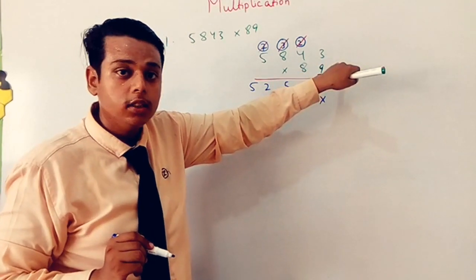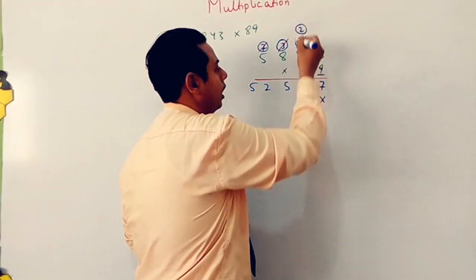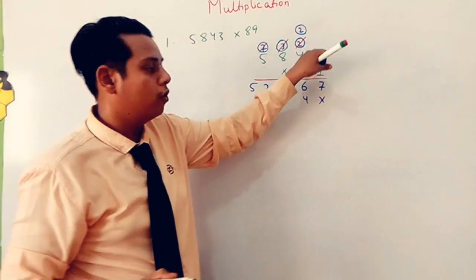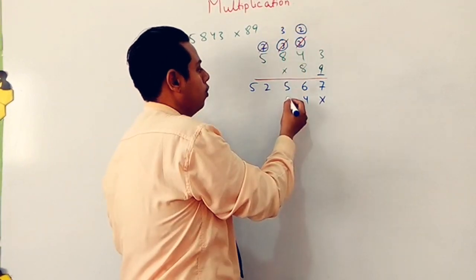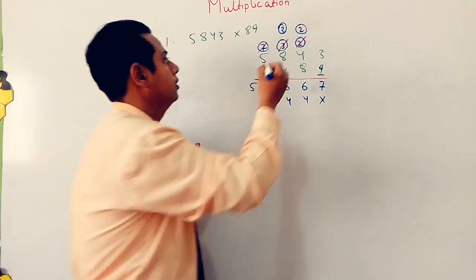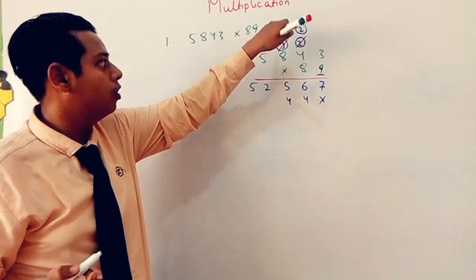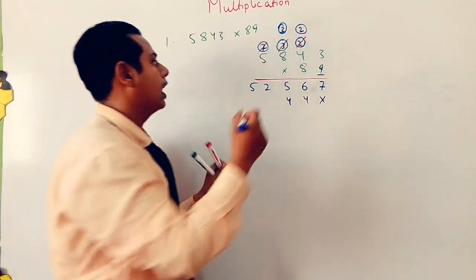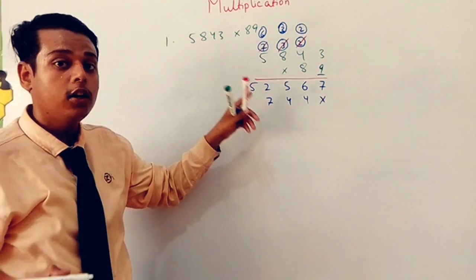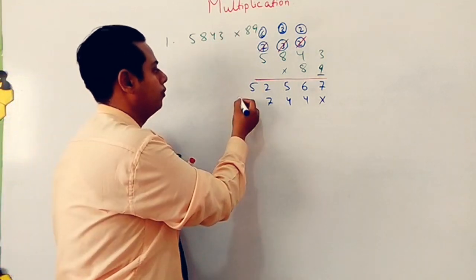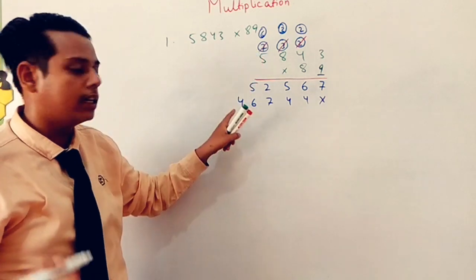8 3s are. What will be the 8 3s? 8 3s are 24. So 2 as a carry again and 4 down over there. 8 4s are 32. Add up the carry. 32, 33, 34 will come. 3 as a carry. Okay, 8 8s are 64. 64, 65, 66, 67 will come. 6 as a carry and here. Now 8 5s are 40. 40 plus 6, what will it become? 46. There is no number, so we are not supposed to bring the carry over there.